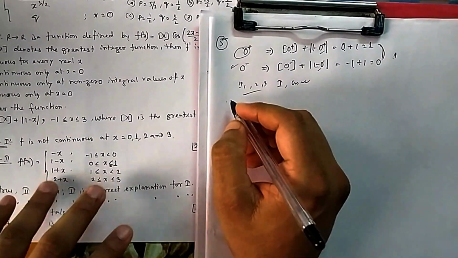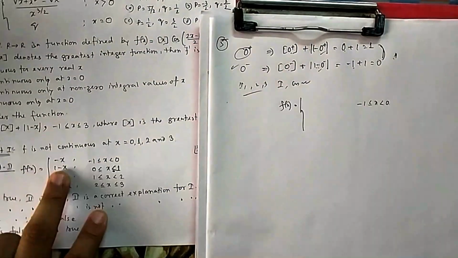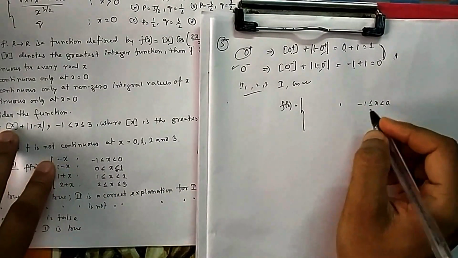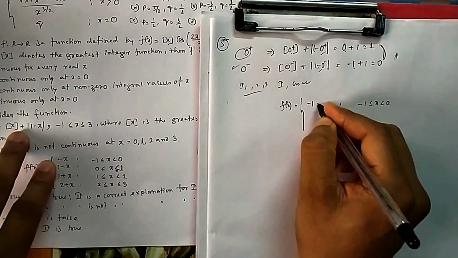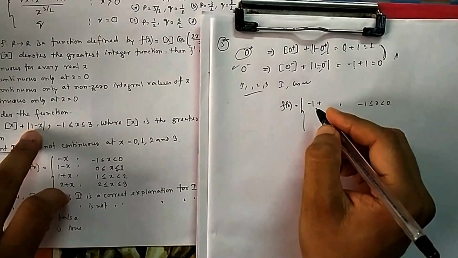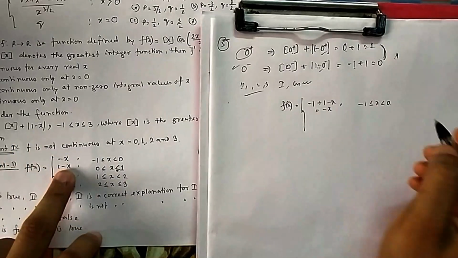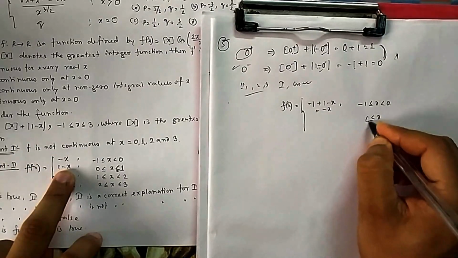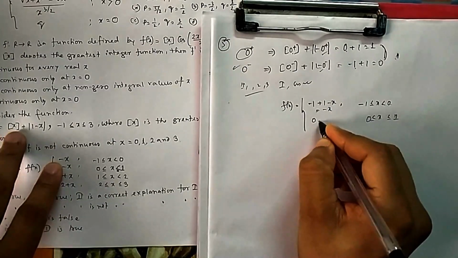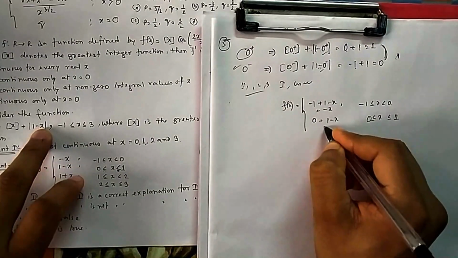Now if you want to write this function from -1 to 0, what will this function be? For anything between -1 to 0, if you put it in the box, the output will give you -1. And because you are giving x negative, its output is already positive, so there is no need of this mod. You can remove this mod, which will be equal to -x. So the first portion is okay. Now from 0 to 1, anything you put in the box gives 0, and anything between 0 to 1 is still positive, so it will be 1 minus x.